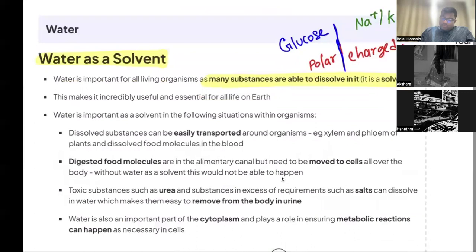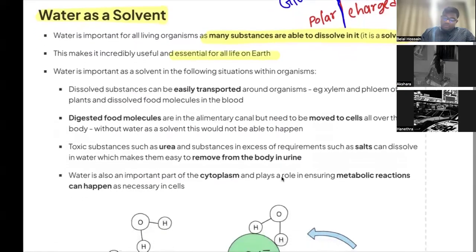Because water is a very good solvent, that's why it is essential for all life on Earth. Water is important as a solvent in the following situations within organisms. Dissolved substances can be transported easily around the organism. So xylem and phloem can easily carry dissolved molecules. Now, xylem carries ions,